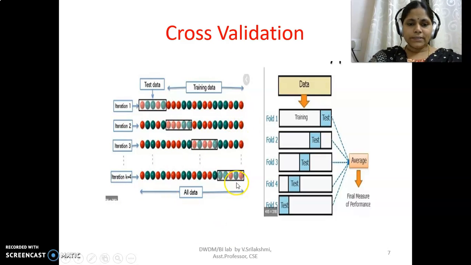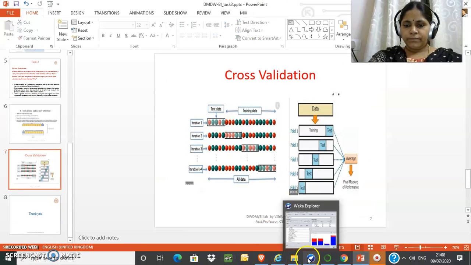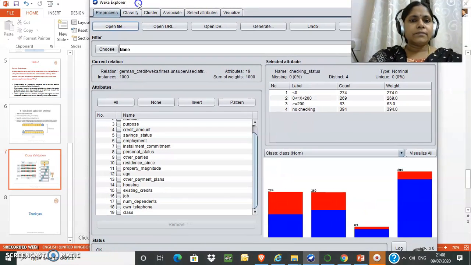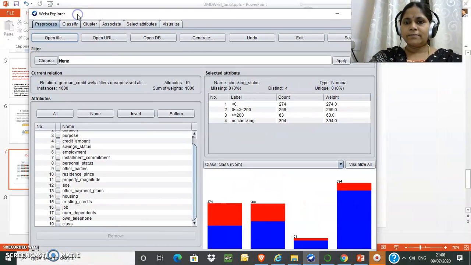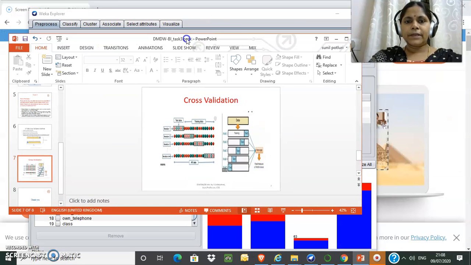Now, let us move to our experiment in Weka. So now I am loading Weka. This is the Weka software. I will close this PowerPoint.